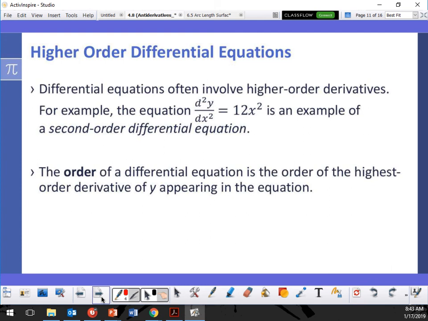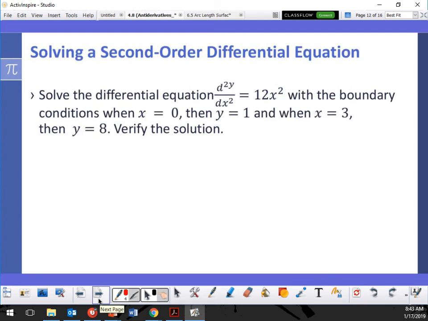So let's actually, okay. So what did I call this? It's the second derivative, right? Okay. With the boundary conditions when x is 0, y is 1, and when x is 3, y is 8. Verify the solution. Okay, so let's start off with this. So let's go ahead, and I'm going to start off with my first one, which is going to be dy. So I'm actually doing the first antiderivative, right? So it goes from second to the first, right? dx is equal to